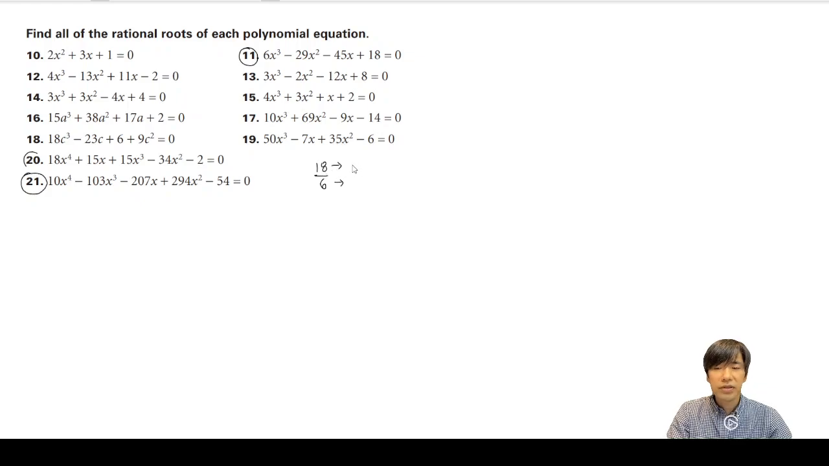The factors of 18 are, let me see, 1, 2, 3, 6, 9, and 18. Then factors of 6 are 1, 2, 3, 6. And you have to come up with all the combinations of these numbers, factors of the numerator as numerator only, and factors of denominator as denominators only, okay? So to come up with possible zeros,